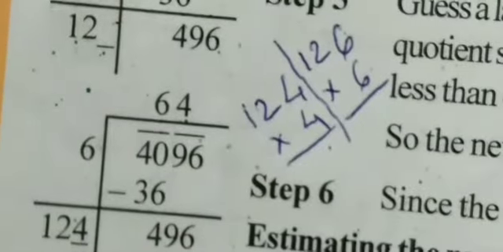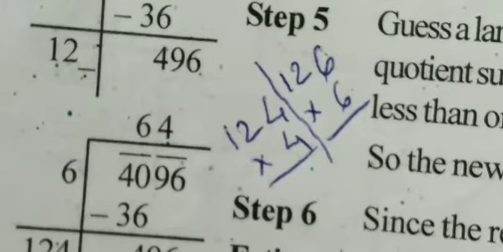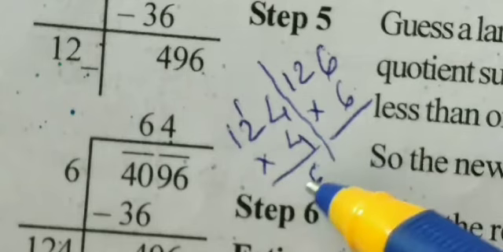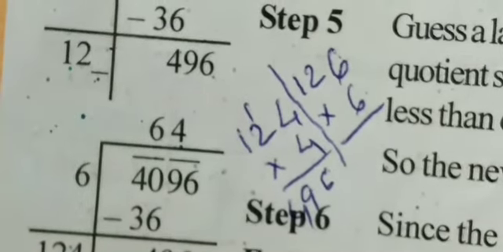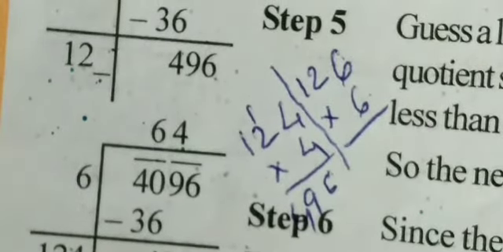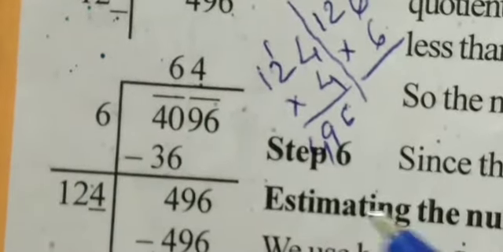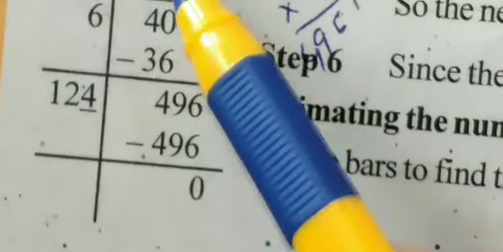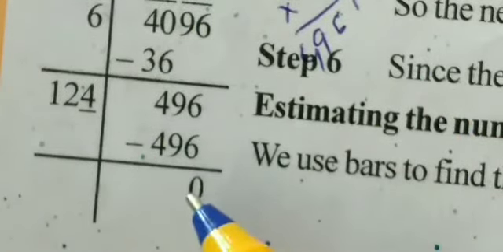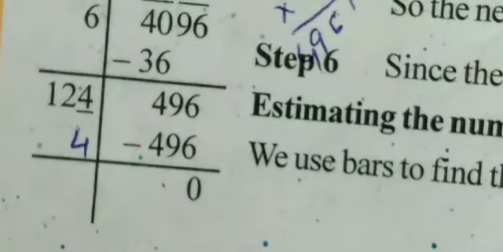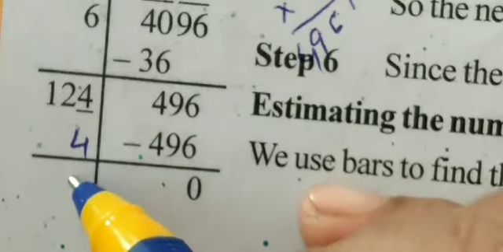But before that, let's check, are we getting 496 or not? 4 4s are 16, 1 carry over, 2 4s are 8 plus 1 9, 4 1s are 4. Yes, we are getting. As we are asked to find out square root, so obviously we will get it. So carry out the process. यहाँ पे 4 लगाया, यहाँ पे 4 लिखा, हो गया 496 0. अब इसी 4 को यहाँ पे ऐड करोगे, जो यहाँ पे नहीं दिखाया है. इज जस्ट वेरीफाइंग, just to verify whether you have got the perfect answer or not. 4 plus 4 8,